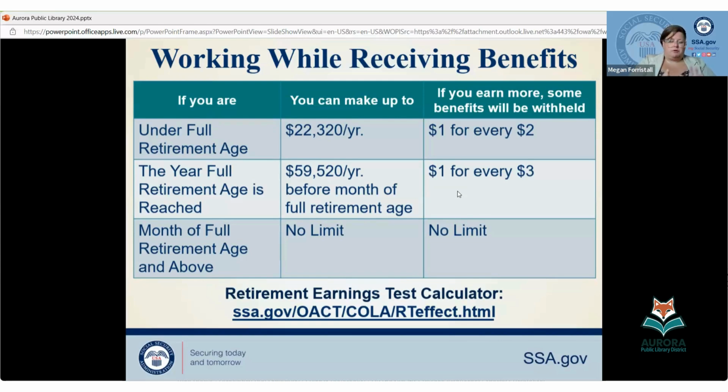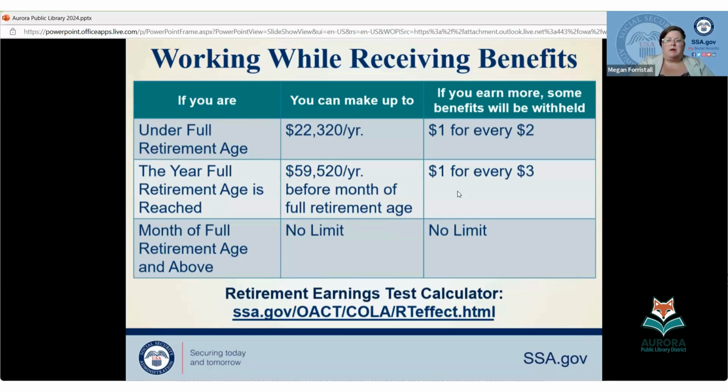So you started your check with August. All Social Security checks run a month behind, so you would receive it in September. But since you're $4,000 over that earnings limit, let's say your monthly benefit is $2,000 a month, we have to hold two checks before we start paying you. So we're going to hold August's check and September's check in work suspense. And then we'll pay you October, paid in November, November paid in December, and so on. The following year, we would start that process over with January of the following calendar year if you're still working and over that limit.